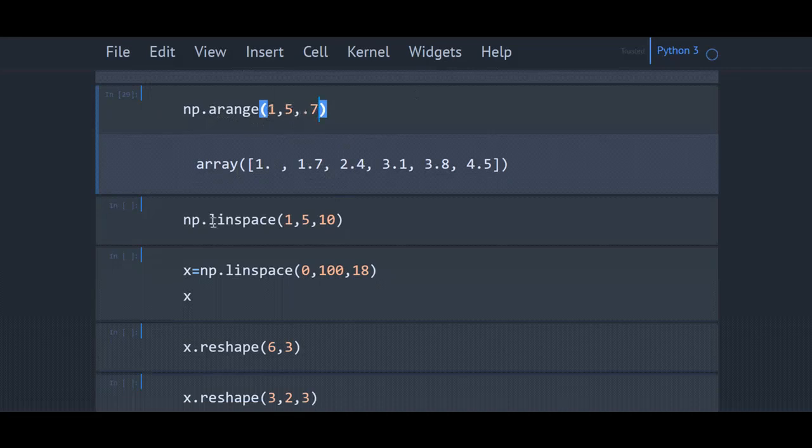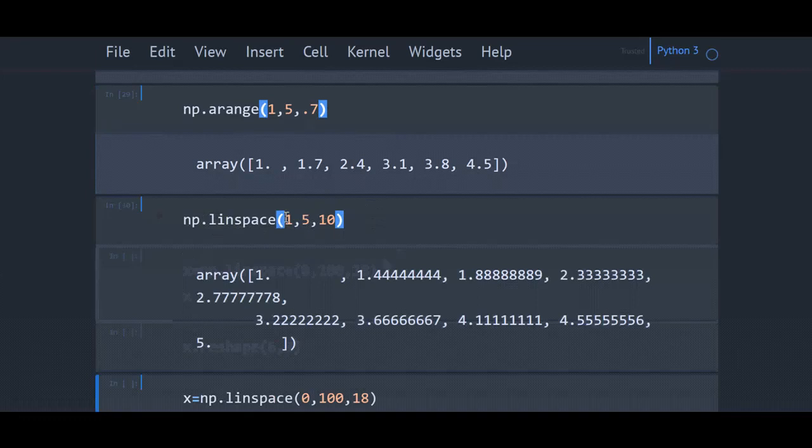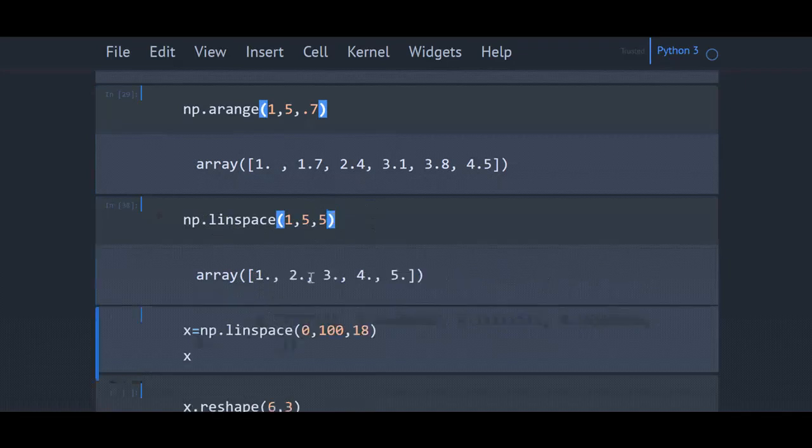Now suppose I don't want to give a step value. Instead, I want to specify, within the start and stop, some 5 values or 10 values or some 20 values. In those kinds of cases, you can go for this function, that is linspace. So here you can see between 1 and 5, it has given 10 values. If I give 5, it will give 5 values between 1 and 5.